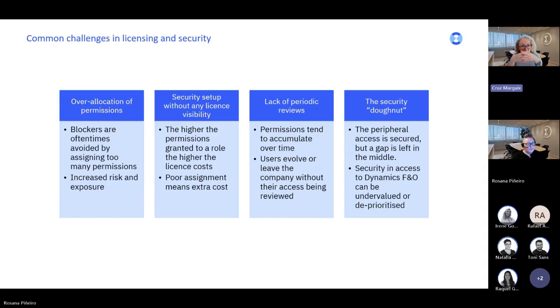However, they leave a hole in the middle, which is the ERP, the main application, the application that keeps the most sensitive data they have. And security in F&O many times is undervalued and not prioritized as it should.